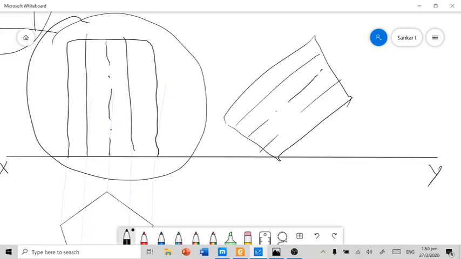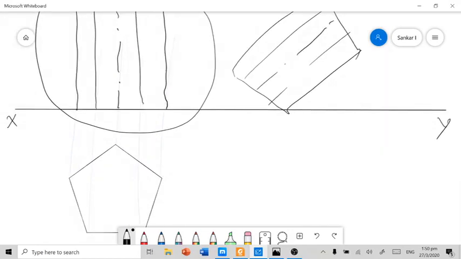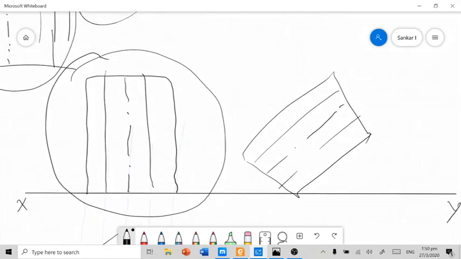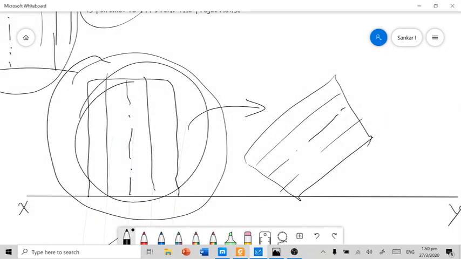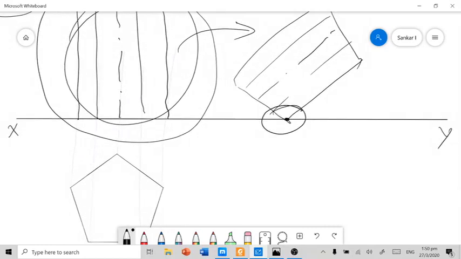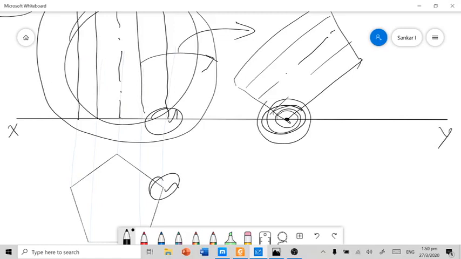If I draw like that, you can note one thing. After tilting this lateral view in this way, see, the solid is made to rest on HP by one of its base corner only, because this base corner is here, and after tilting it, the solid is now resting on HP by one of its base corner. But in the problem itself, we clearly mentioned that the solid is going to rest on HP by means of one of its base edges.